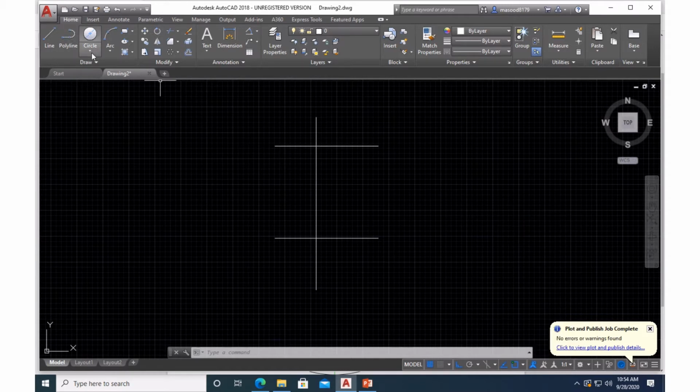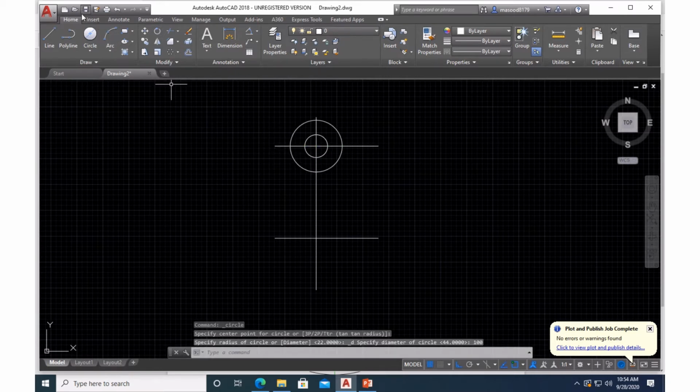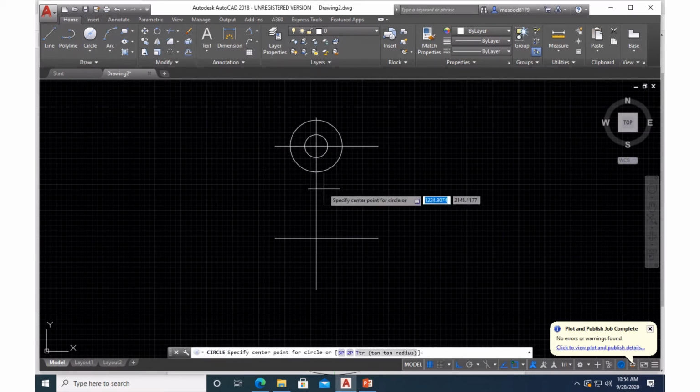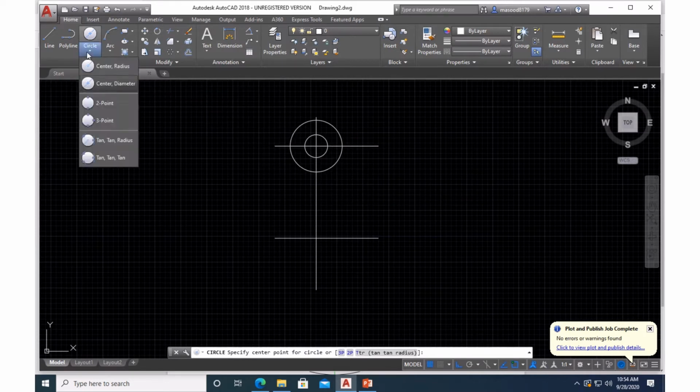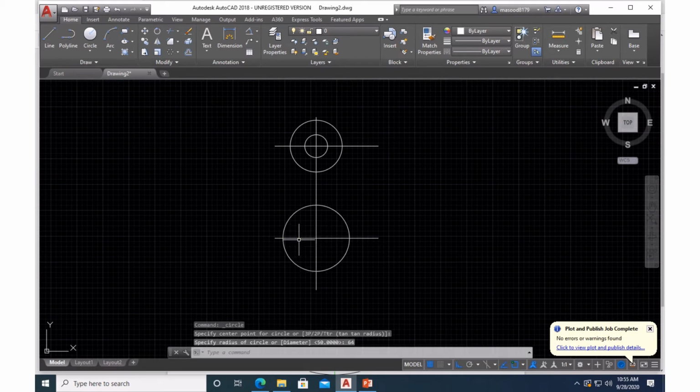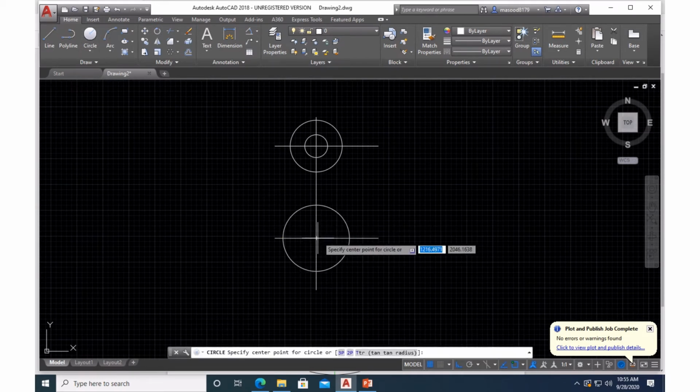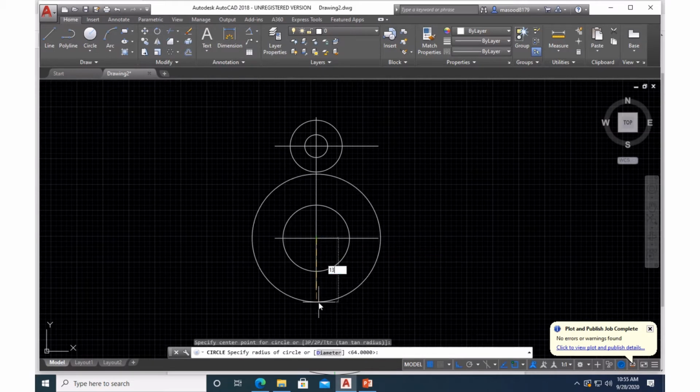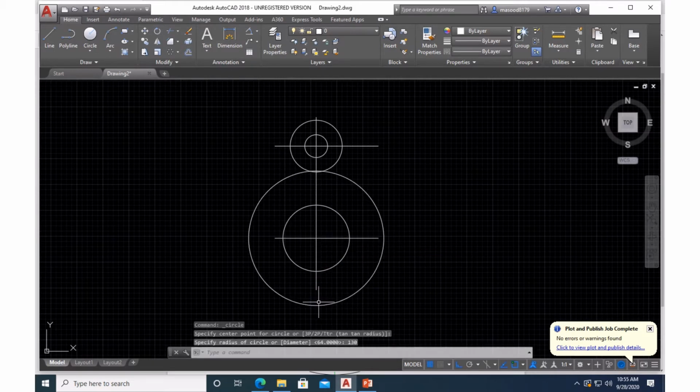Now let me go. I have one circle of diameter 44. Enter. One more circle of diameter 100. Enter. Then one more circle. Now you have got radius, so let me change it to radius. One circle of radius 64. Then I have another circle of radius 130. Okay, so I have already got this. So what is the next job?